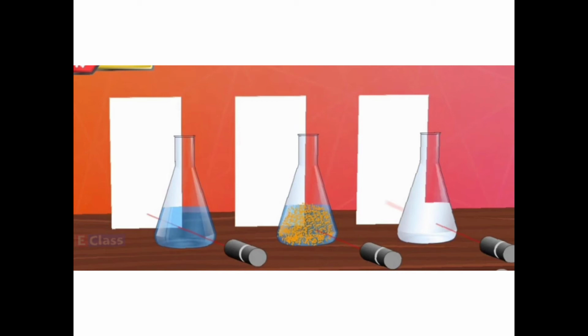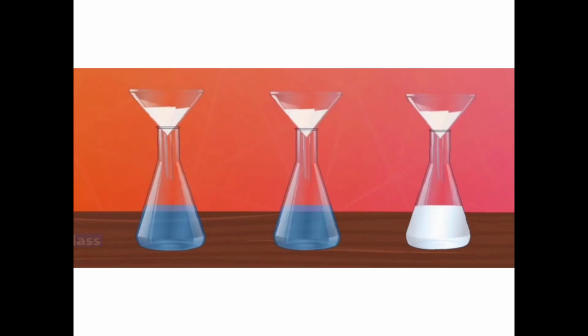Yes, very good observation. The laser light is able to pass through some of the mixtures, but it is not able to pass through the other type of mixture. So what are the different types? Let us understand according to what we are seeing. After this we'll come to the conclusion. But observe, here the light is visible, here it is not, right? So observe these things. Now we'll go further.